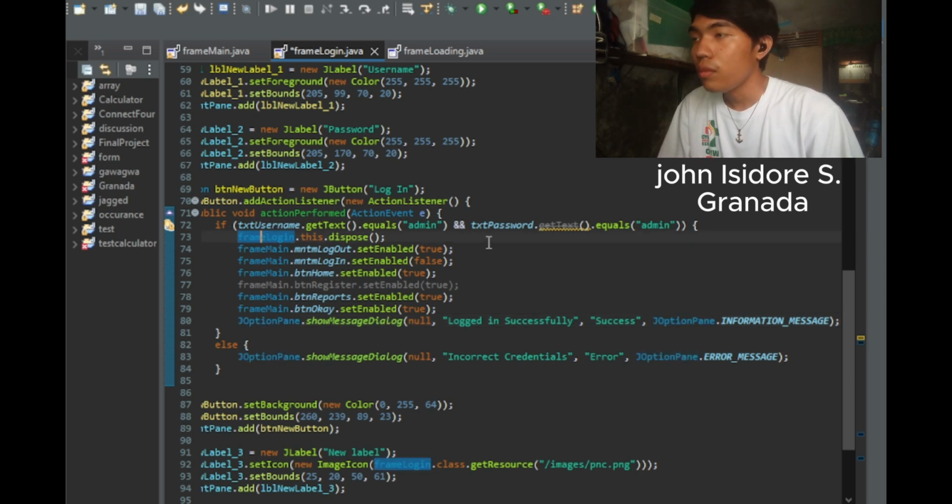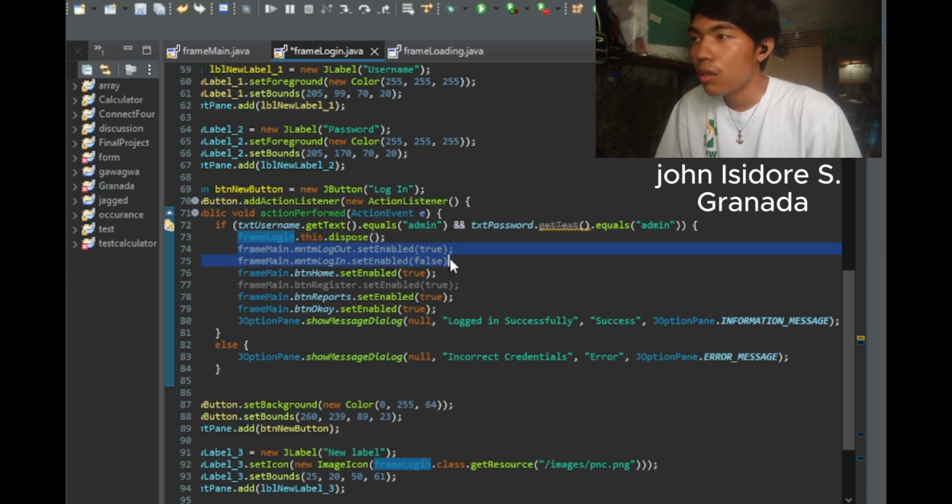Here we have frameLogin dot dispose. We use this when the user types admin and the password is admin and they have successfully logged in; the frame login will dispose, or close, automatically.